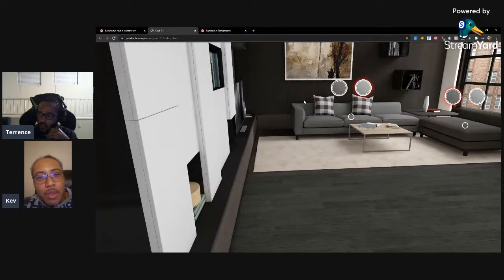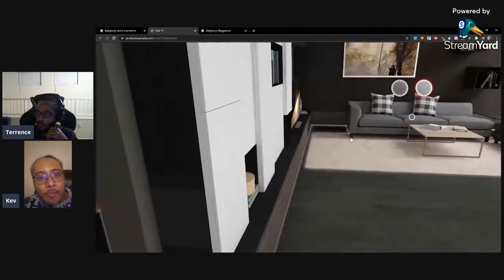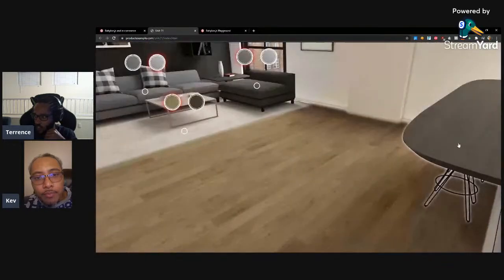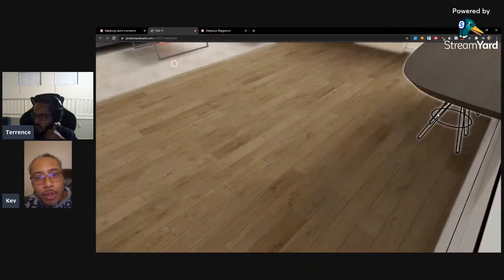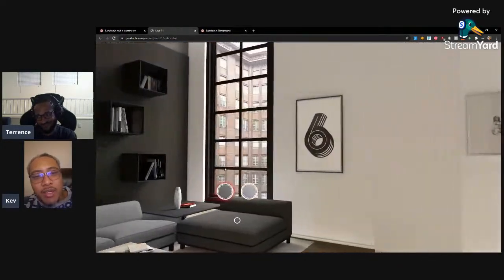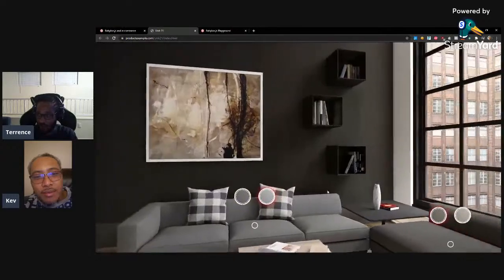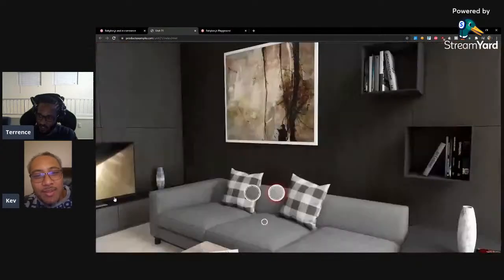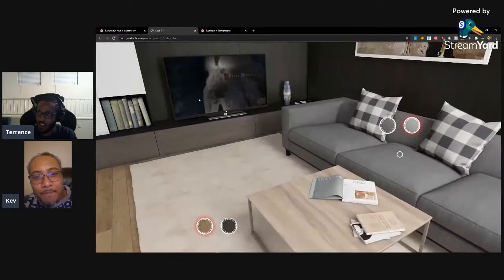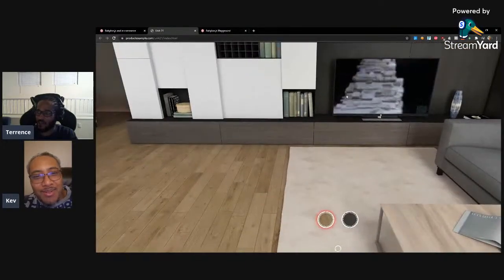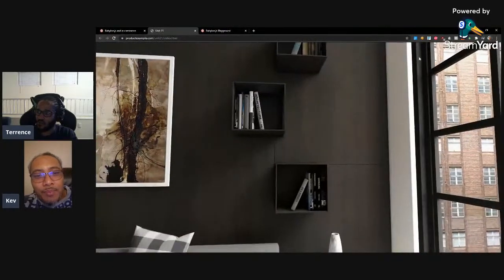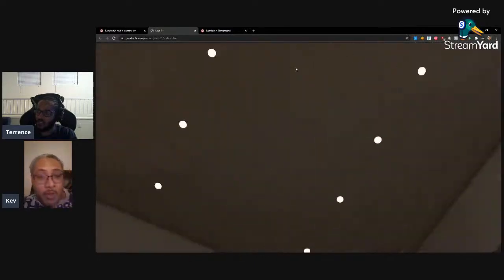Yeah, you can see the TV and stuff, and I wish you could move. I don't know what technology they would need to implement for me to have a different camera angle. Right now you could probably move if you hit the arrow keys, or not the arrow keys, WASD. Yeah, it's the arrow keys, both. Oh, okay. Wow. Is that Game of Thrones? Yeah, I knew it. It was Game of Thrones on the TV. Oh, wow. That's crazy. Yeah, this is actually pretty cool, man.